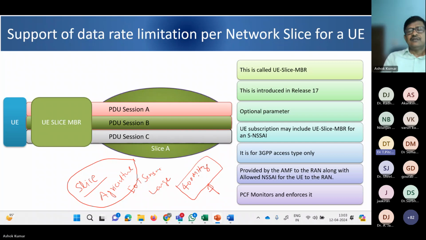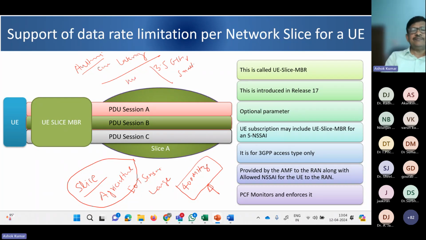Okay, sir. I'm just correlating RAN with some frequency of operation. Yeah, there is no frequency dependency in slicing. Frequency dependence is based on application. As I said, for example, suppose you have an autonomous car, where latency is very important. Better latency I'll be able to get with, say, 3.5 gigahertz frequency, so that I have a small cell and larger numerology, so that I'll be able to achieve that latency.